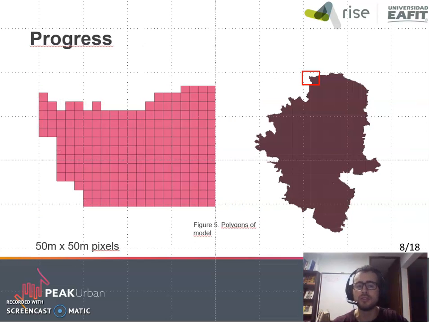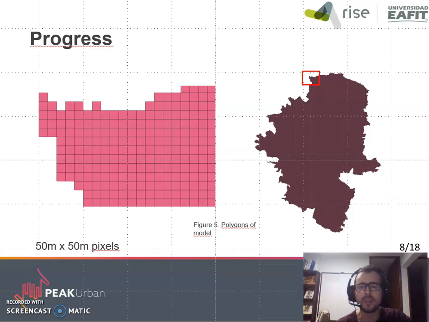So we're going to start talking about the progress here. It is pretty important to remember this regarding the data we use. On the right we can see a picture of Medellin, and I made a zoom on the top of the picture to show that we work with pixels.